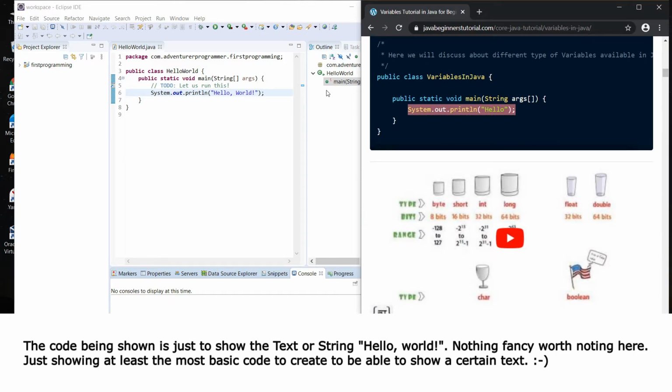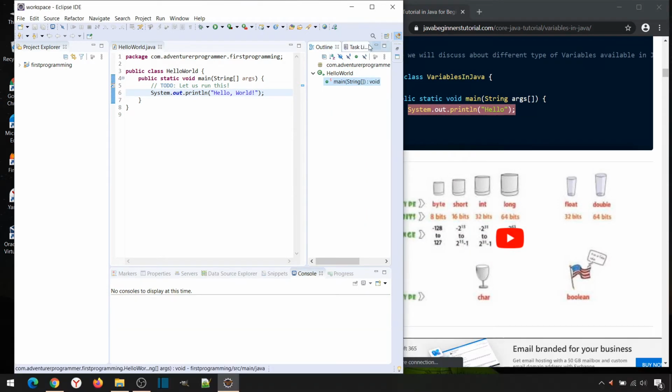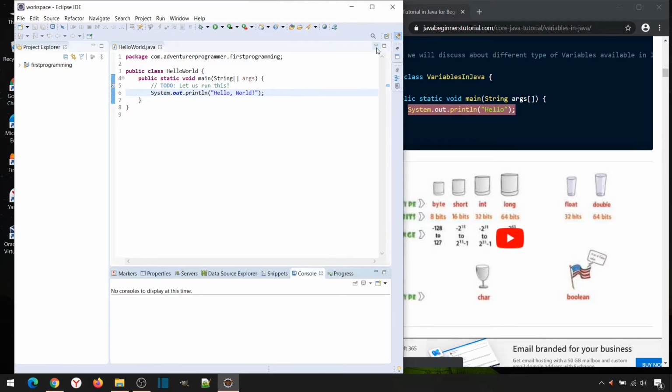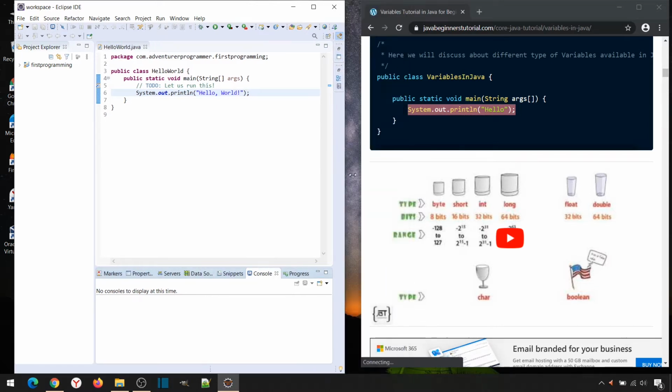So let's just minimize this outline and this pane, and let's do that by clicking this minimize. This is maximize, minimize, and then it's already there. If you want to put it back again, click the restore, and then it's all here. So okay,